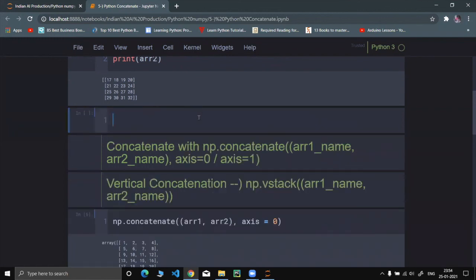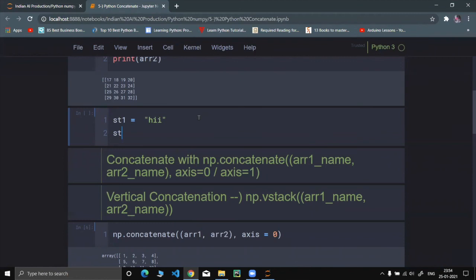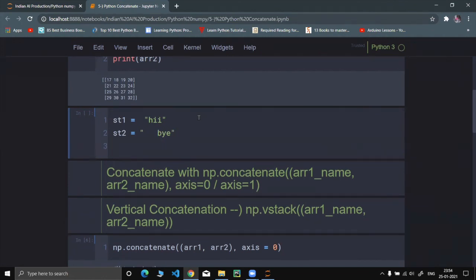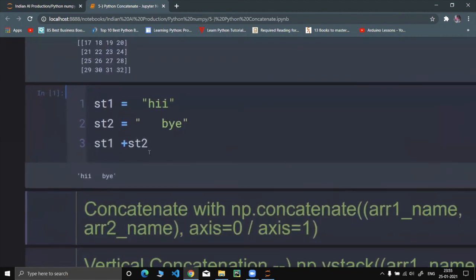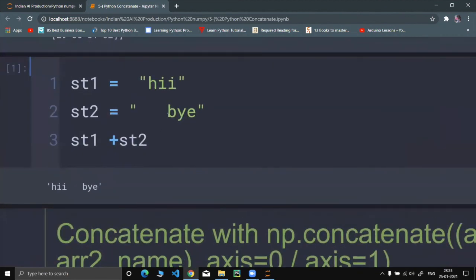For those who don't know, let me just show. Suppose st1 equals to I and st2 equals to by. So concatenation means st1 plus st2. See, I have combined both the strings, which basically means that I have concatenated both the strings.